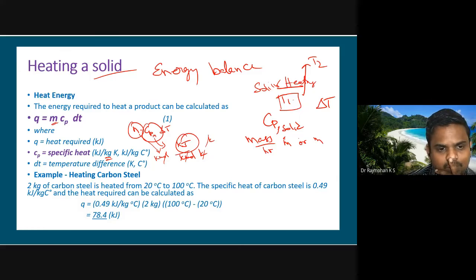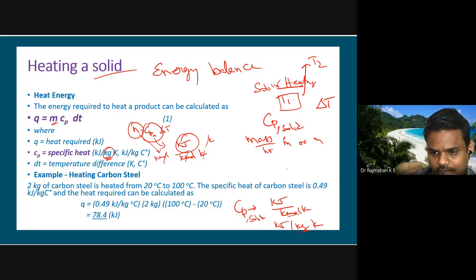So the Cp unit corresponds to the multiplying factor you are using, whether mass or moles, and accordingly you have to substitute. So carefully check the Cp value given and the unit in which it is given, whether Cp is given in kilojoule per kilomole Kelvin or kilojoule per kg Kelvin. The value will be different for each case. This can be converted using the molecular weight of the substance. The kilojoule may also be given in kilocalorie or other units of heat, but that is not the issue here.